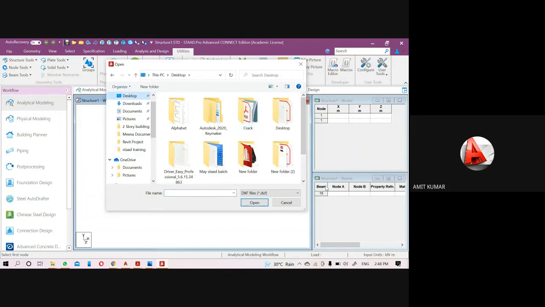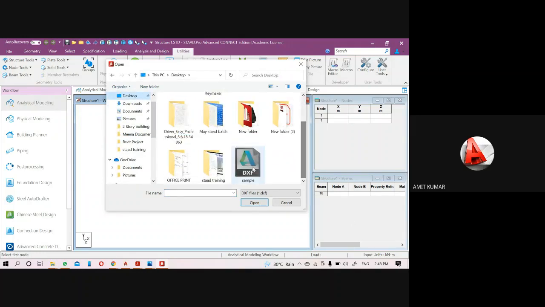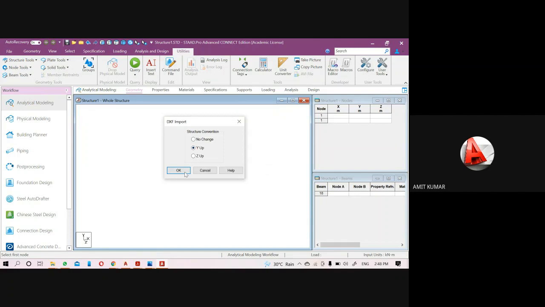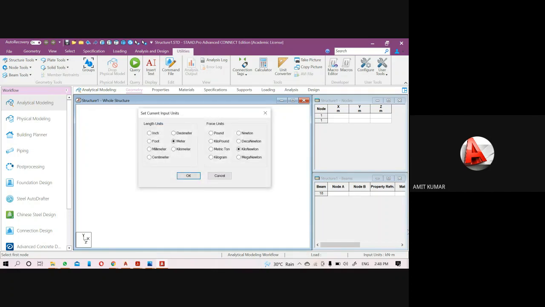Come to the desktop. Then sample was my file name, and click on the open DXF. So in my CAD file, the input unit was in mm. So you have to select the mm. If you forget to change it to the mm, then there will be a beam of 3500 meter length. That will be approximately 3.5 kilometer. Okay, so